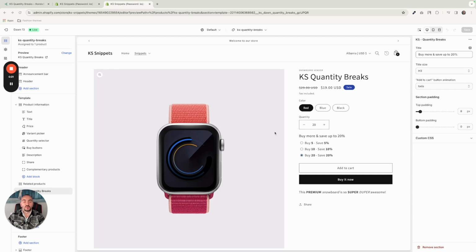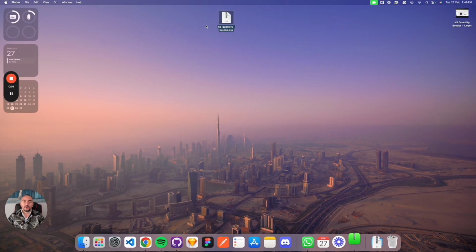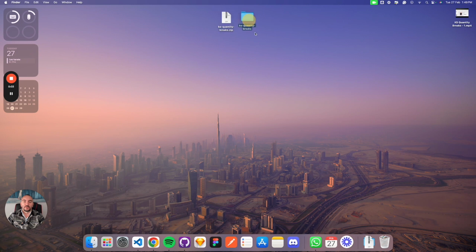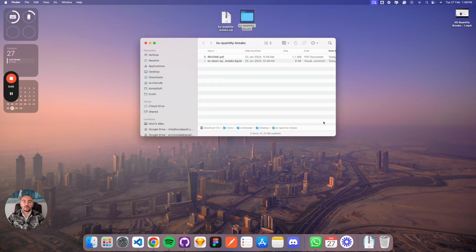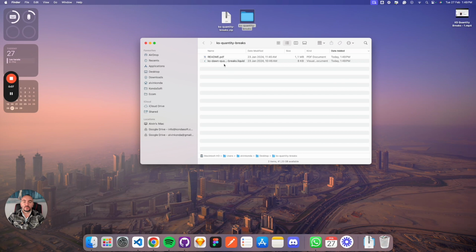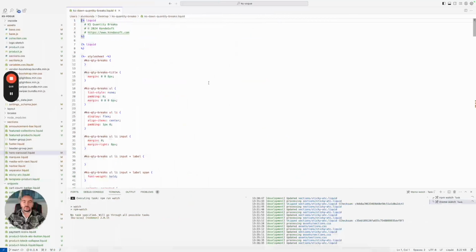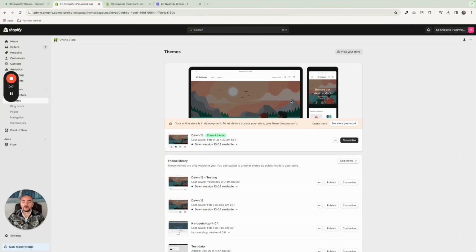Okay, first we are going to check the installation, and then we are going to check the snippet configuration and how we can enable as well the discount for each of the tiers. Let's unzip first the snippet, and then you'll notice that we have here a file which we should open in our preferred editor, and then simply copy everything within this file,